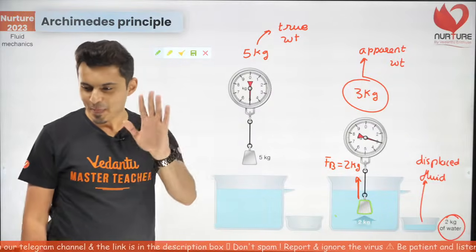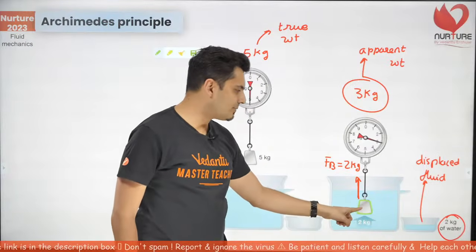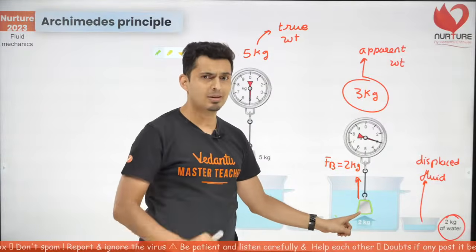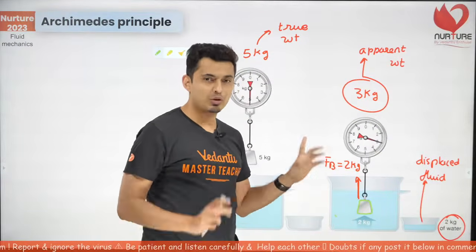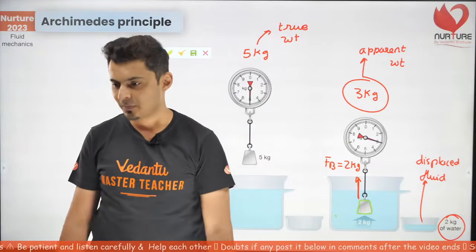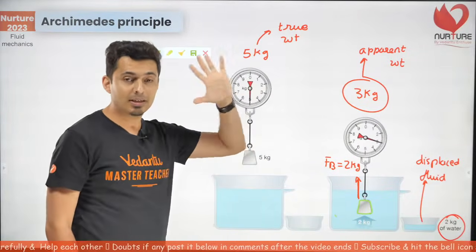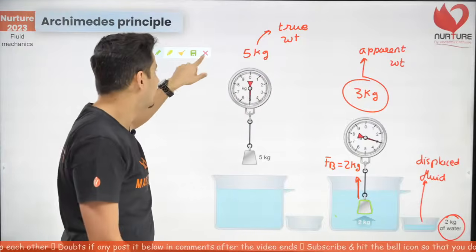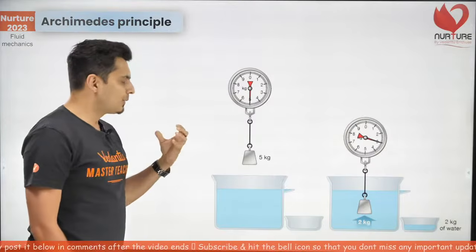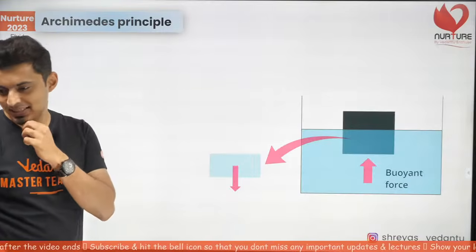So what has happened is that when this solid was immersed, the liquid came out. The liquid around it thinks, oh, there is 2 kg liquid inside. So it will apply a 2 kg force to support it. And that's why the buoyant force is also 2 kg. Clear. Fluid is a fool. Remember this statement. Liquid is a fool into thinking that there is always liquid inside. That's the key concept of Archimedes principle.